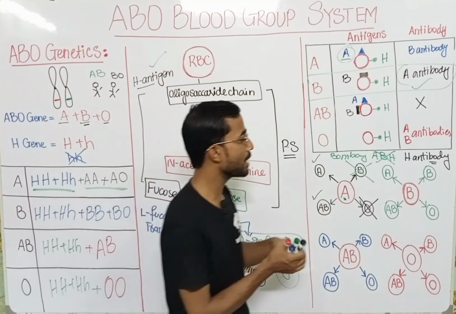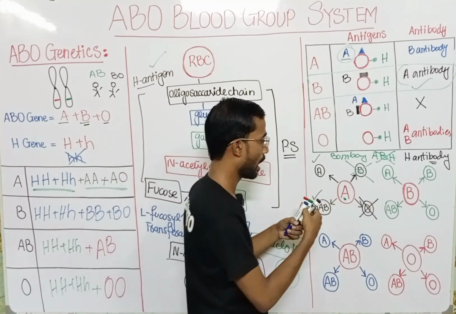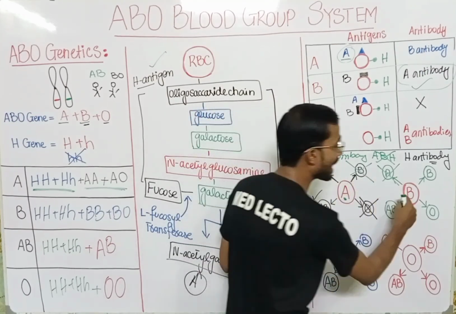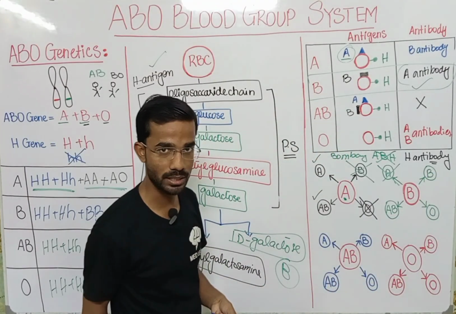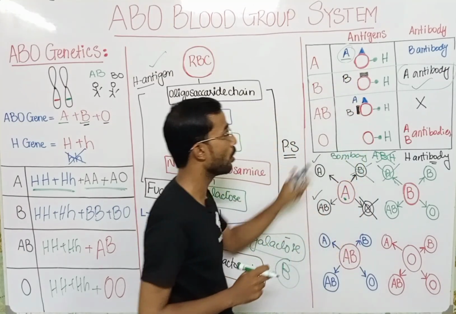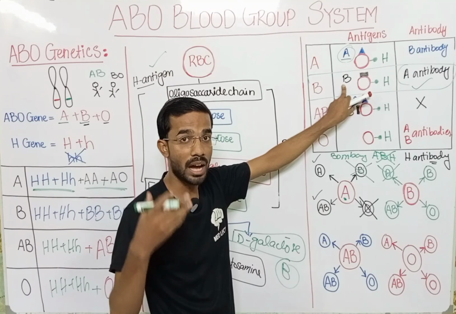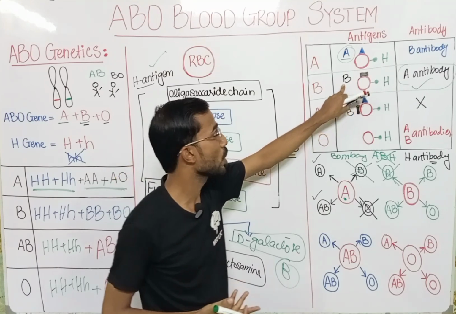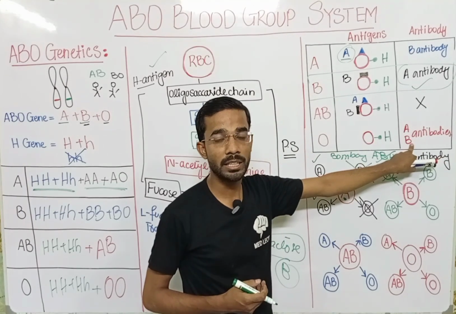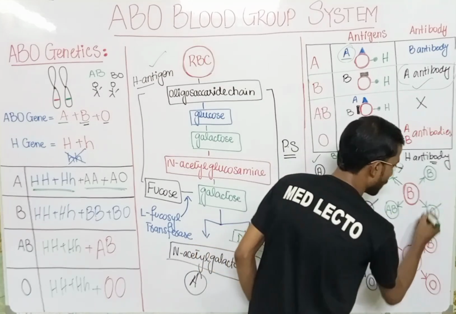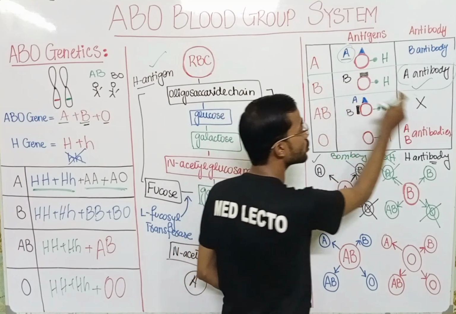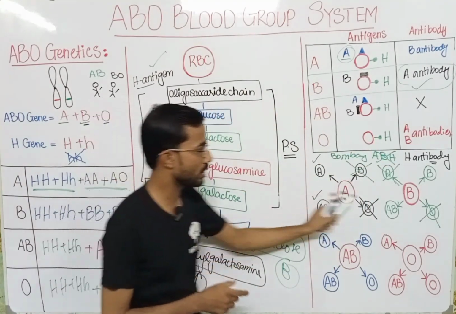This is the case. Again, the same will be true for B. How? A B person cannot give blood to A. B can give to a B person, that's simple. Can a B person give blood to O? No, because B persons have B antigen on the surface of the RBCs, so it will agglutinate with the B antibodies present in a person of the O blood group. So that will be rejected. Can B RBCs be given to AB? Yes, because there are no antibodies against the B antigen. So this is the case.